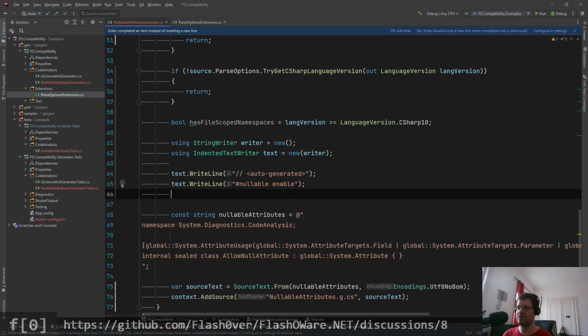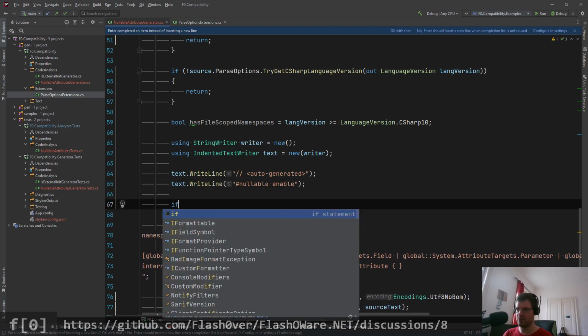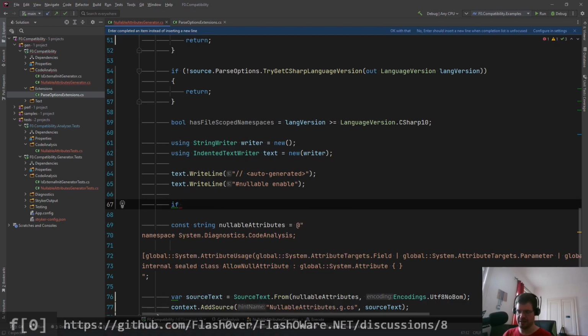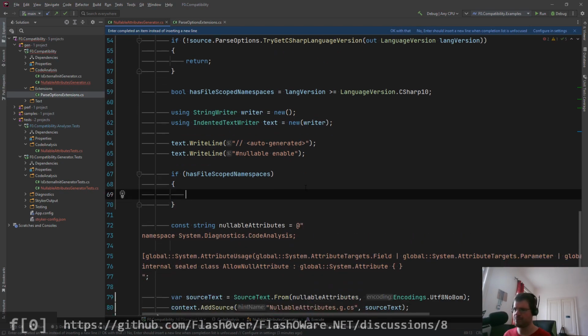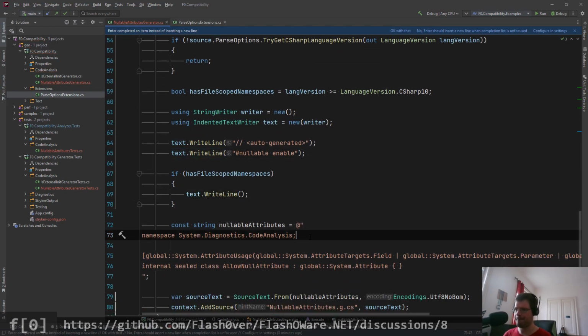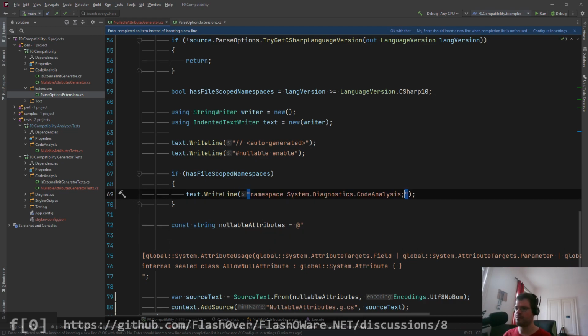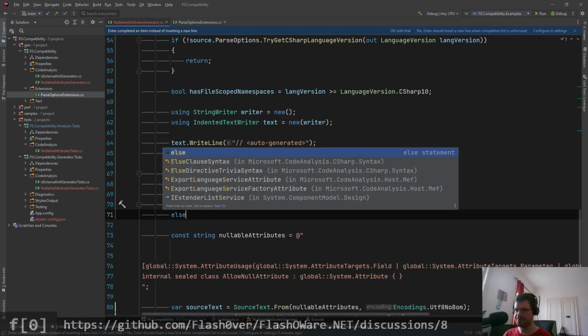Then now it depends on the namespace already. So if we have file scope namespaces, we are writing the header line. But if we don't,